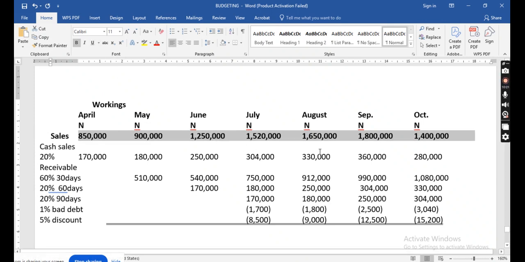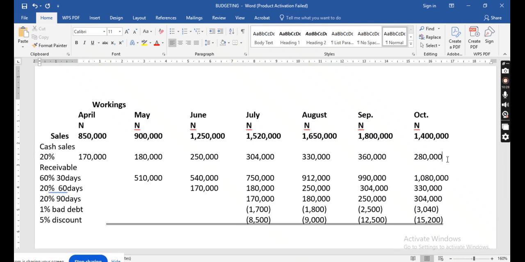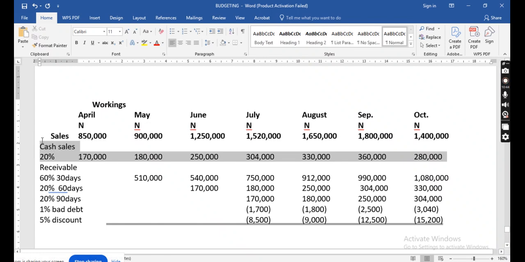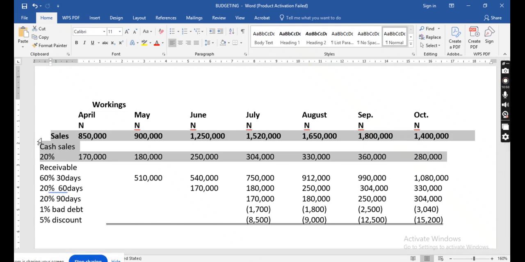Now, Olalekan drew our attention to something very important. Thank you for that. I'll go back and reason that this thing is above 100%. How do we have 20%, we have 60%, we have 20%, we still have 20%? So what we want to determine is the total receivable for the month, right? Now, what it indicates is that the cash sales is already included. That is why we have to remove that 20% so that we will not overstate our budget, right?